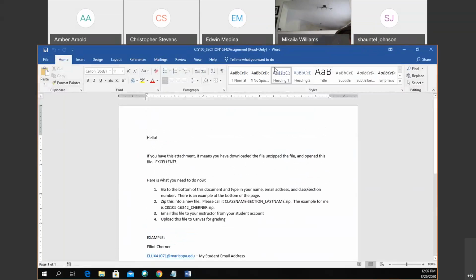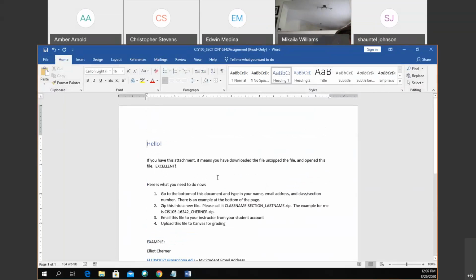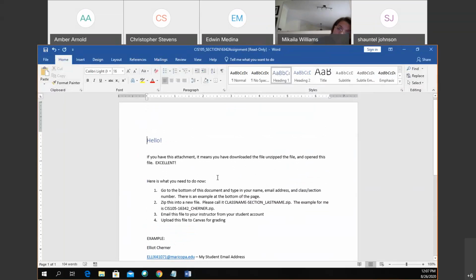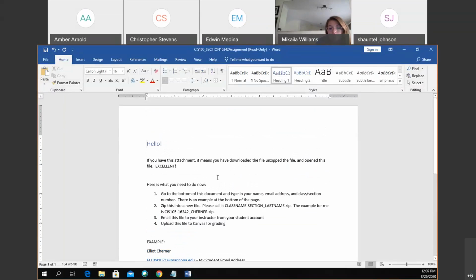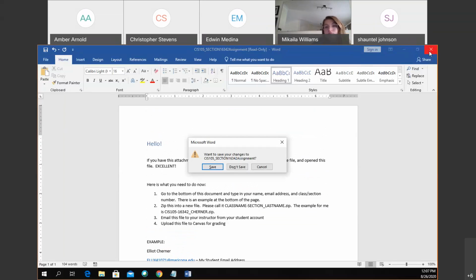Once I enable editing, I can actually go in here and begin editing this file. This is not a best practice, and also is not always going to be available to you, especially depending on your computer and how things are set up. The reason is because I opened this directly from a zip file. So what's best practice,